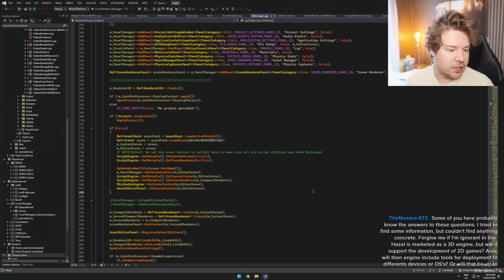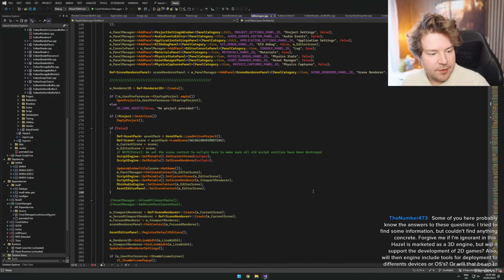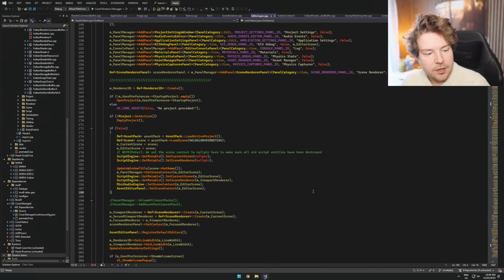Okay, we got a big question here. Forgive me if I'm ignorant on this. Hazel is marketed as a 3D engine, but will it support the development of 2D games? Also, will the engine include tools for development to different devices or OSs, or will that be up to the devs? Okay, so Hazel, so 2D games,